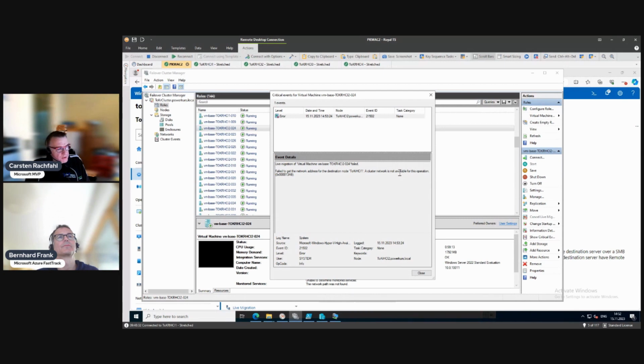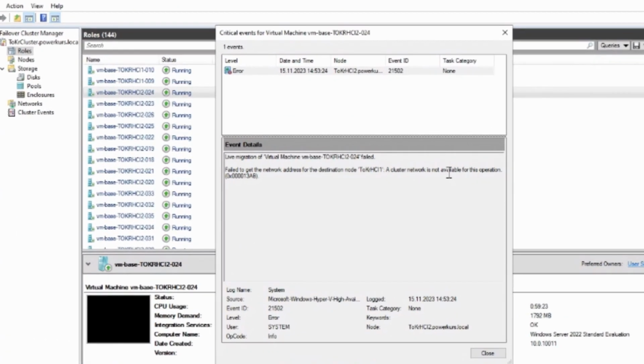Unfortunately, at the moment, we have November 2023, there is a bug in the stretch cluster scenario. We learned that it's when they fixed something in the switchless design. And if you want to know what switchless is, go to our Azure Stack installation series. I think we talk about it there. But they fixed something in the